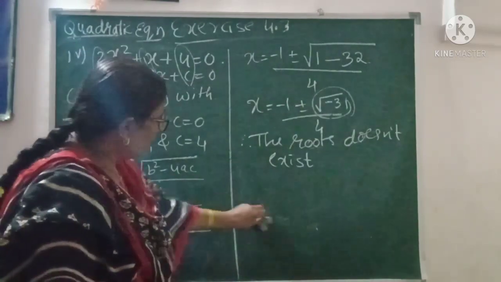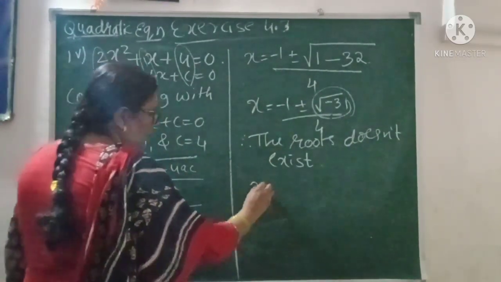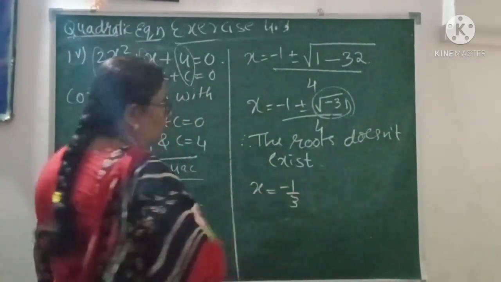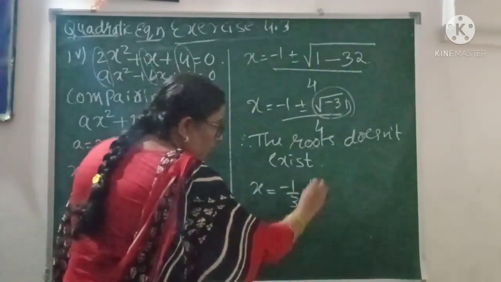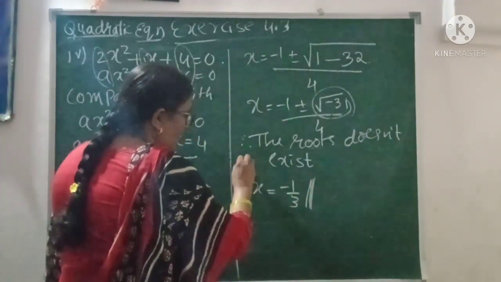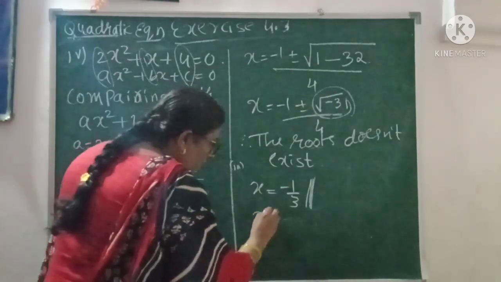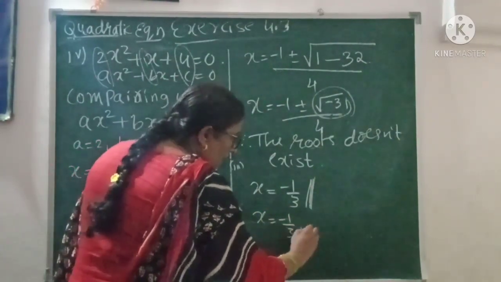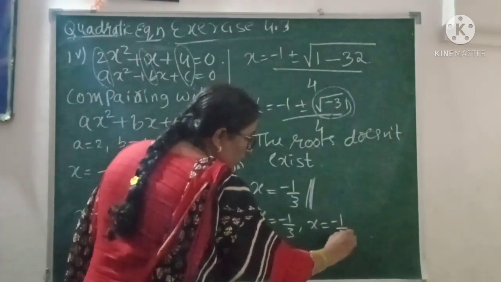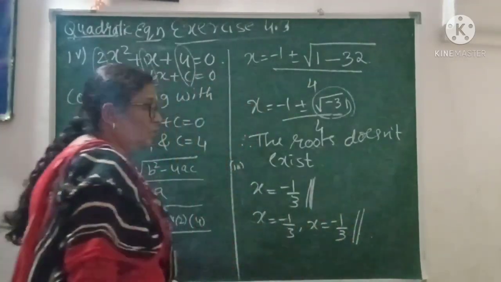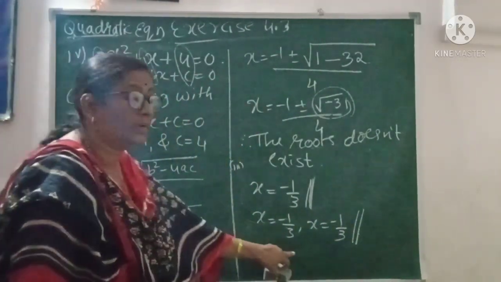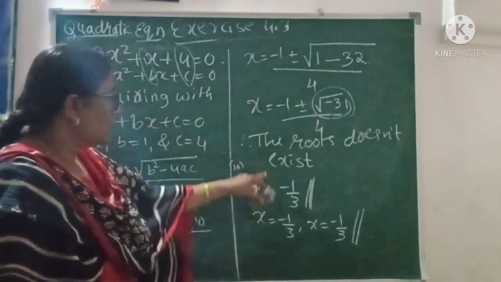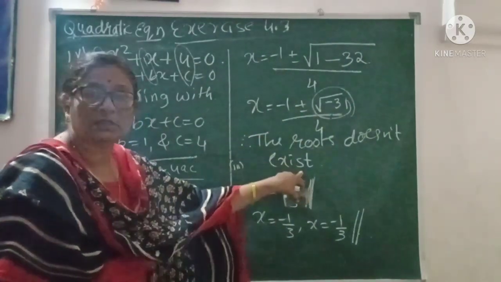Okay. In the previous problem, I think you have got x is equal to minus 1 by 2. That is the third problem. Only one answer. So the third one I am discussing. Here you are going to write x is equal to minus 1 by 3 and x is equal to minus 1 by 3. You are going to say equal roots. Roots are the factors of this one. You are going to say they are equal roots. Here you are going to say roots do not exist.